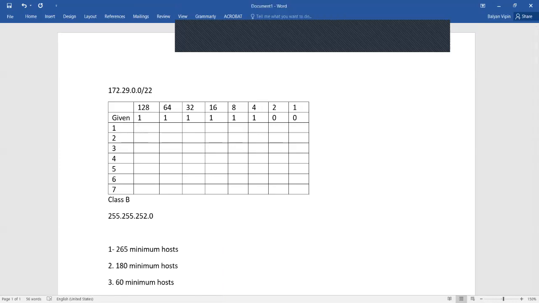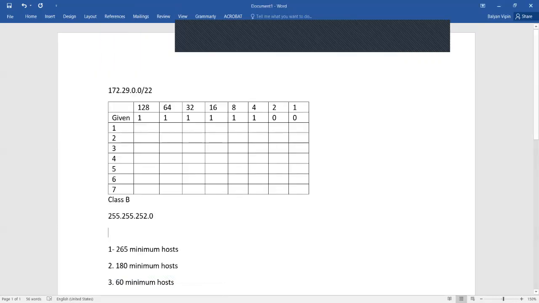So if I compare it with the standard one, if we have a subnet like 24, you know that we have the number of bits here equal to 8 bits.